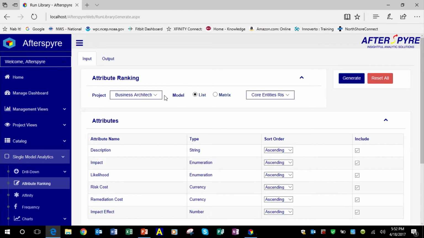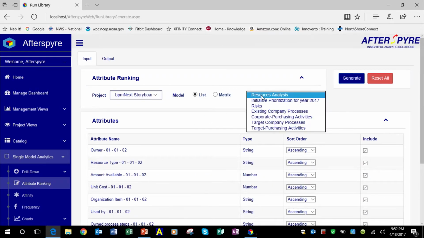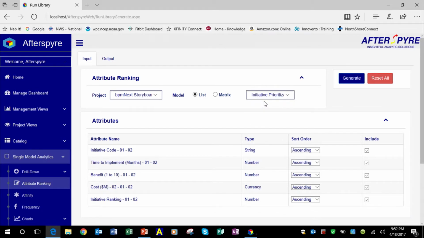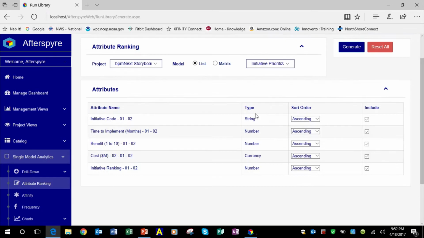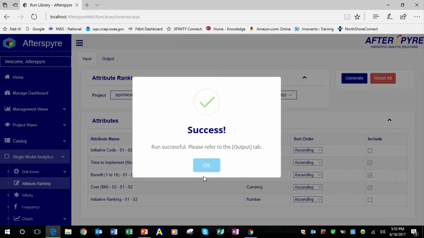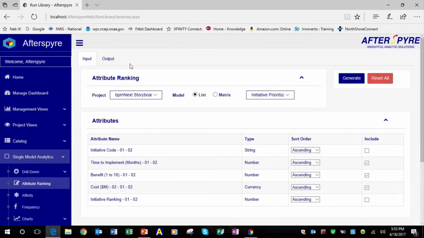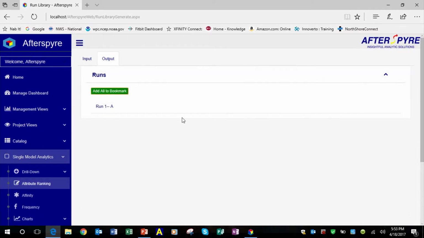So in this case, I can choose different projects, and for each project, in this case, I have my initiative prioritization project. I can choose what are the different attributes. So in this case, I want to find out the shortest time to implement, the highest benefit as ranked, and of course, I want to have the least cost. So once I define the set of attributes, I can generate, and as I generate this, based on the output, it'll tell me that